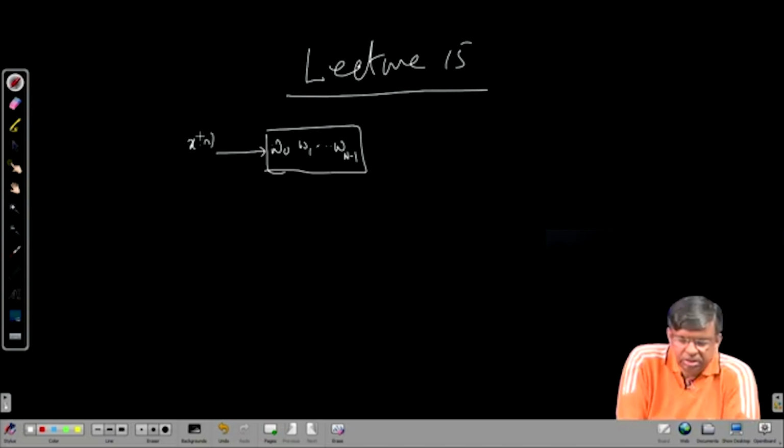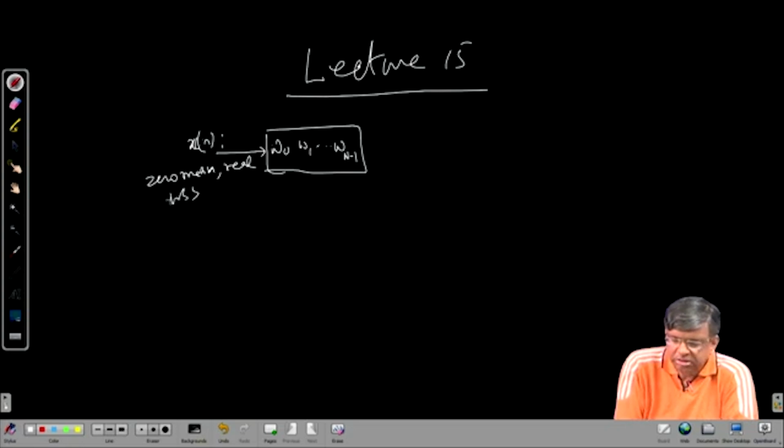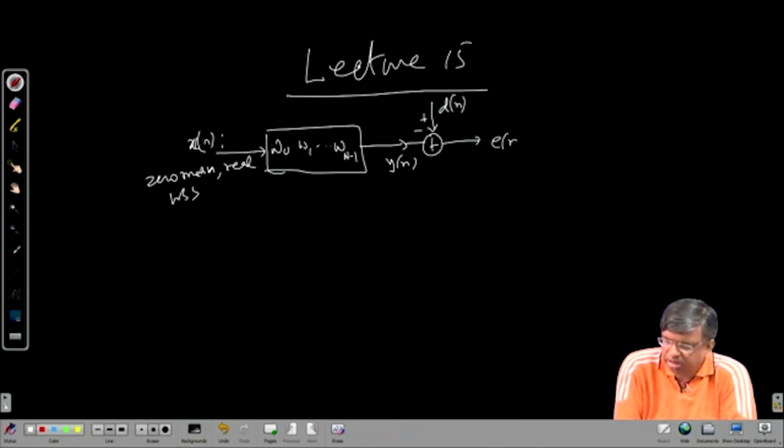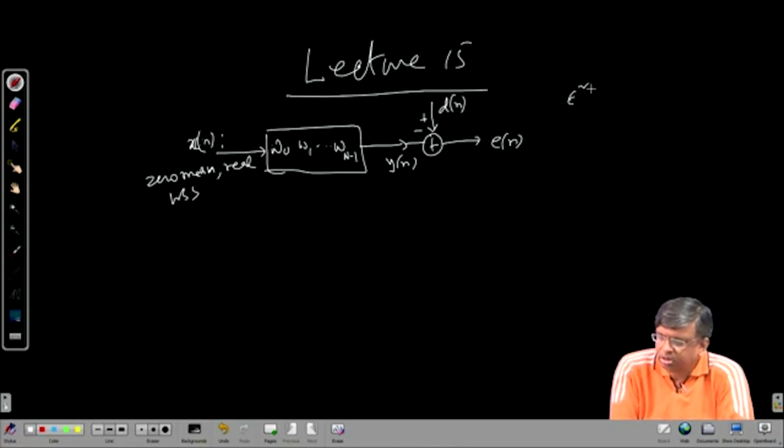There is a WSS process, real WSS, Y n, and it should be a good estimate of a targeted sequence called the desired response, so that the error, its variance, is minimized. Okay, epsilon square, which was